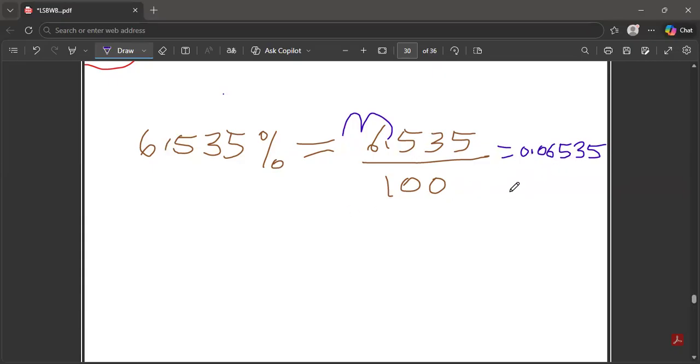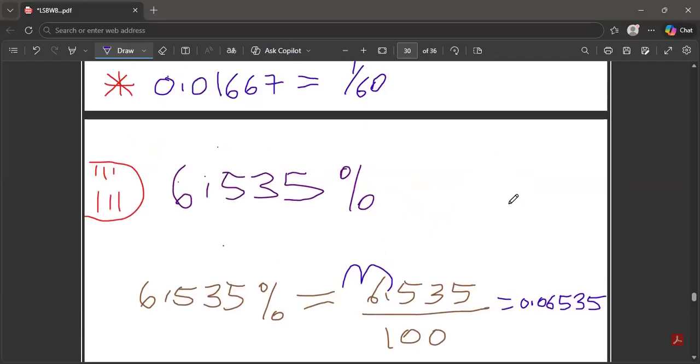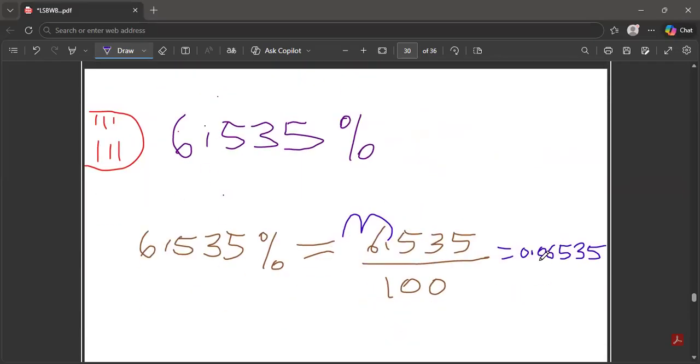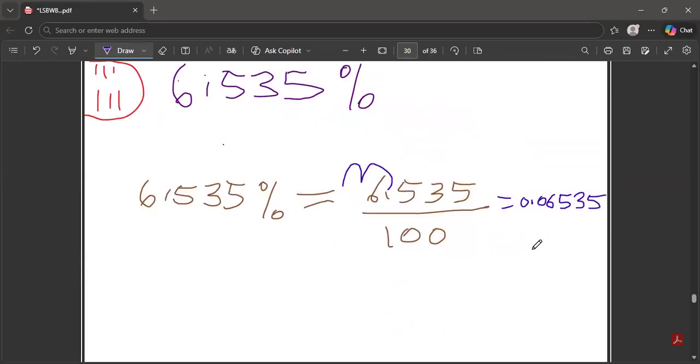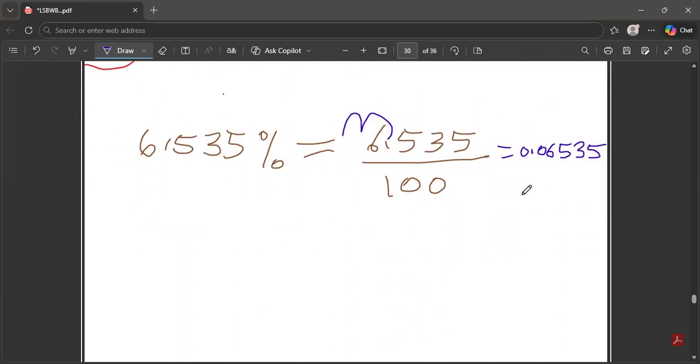But we are not being asked to express our answer in the form of a decimal. We are supposed to express our answer in the form of a fraction. Okay. So take note that this over here, 0.06535,